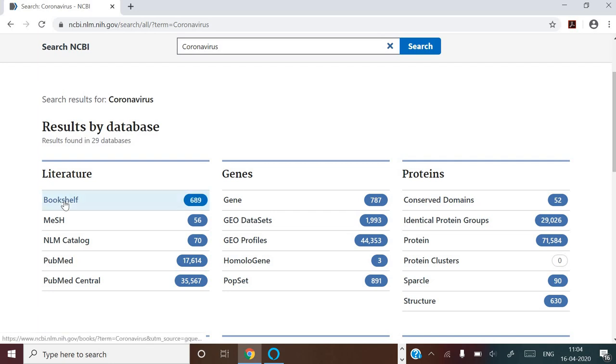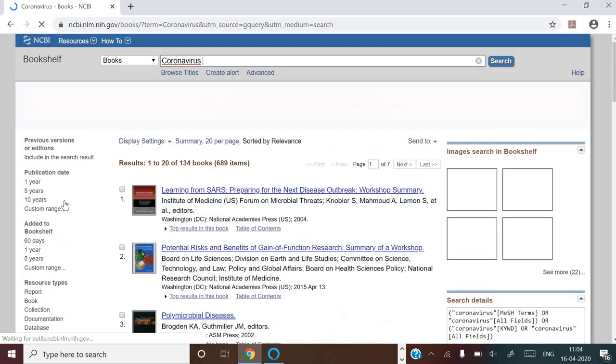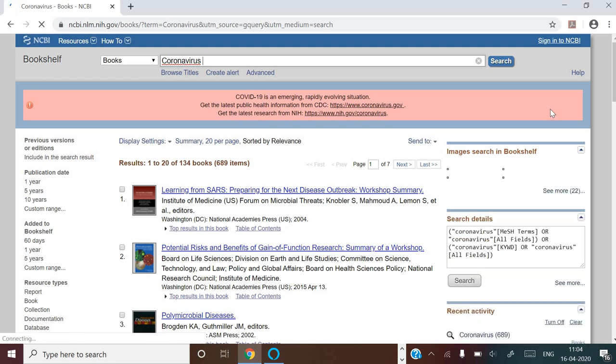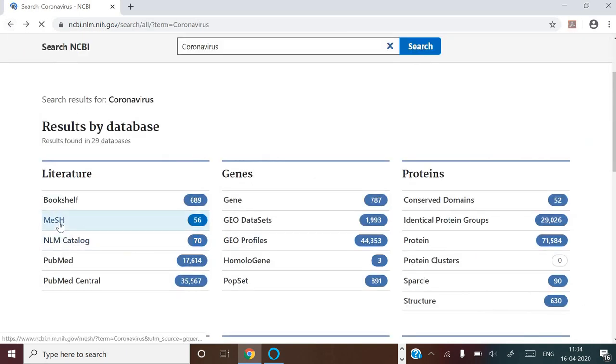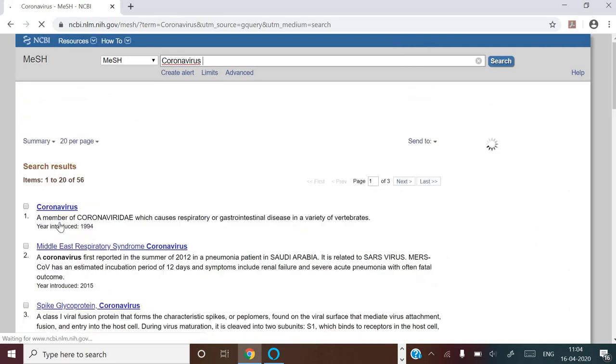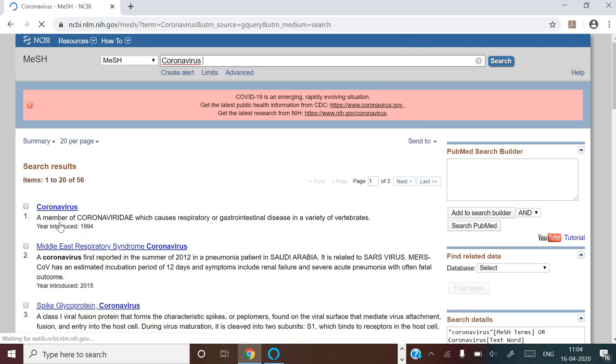Either in Bookshelf, suppose you go to Bookshelf, it will give you the list of different books related to this coronavirus. Or this is another option where you can go for medical subheadings.